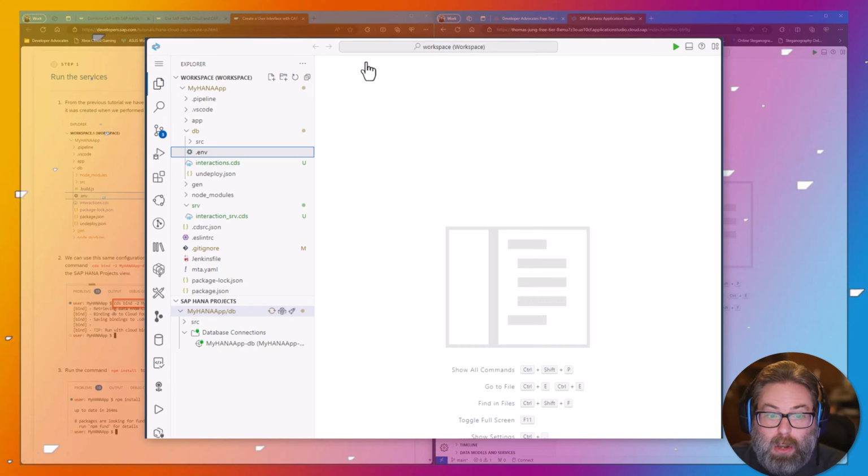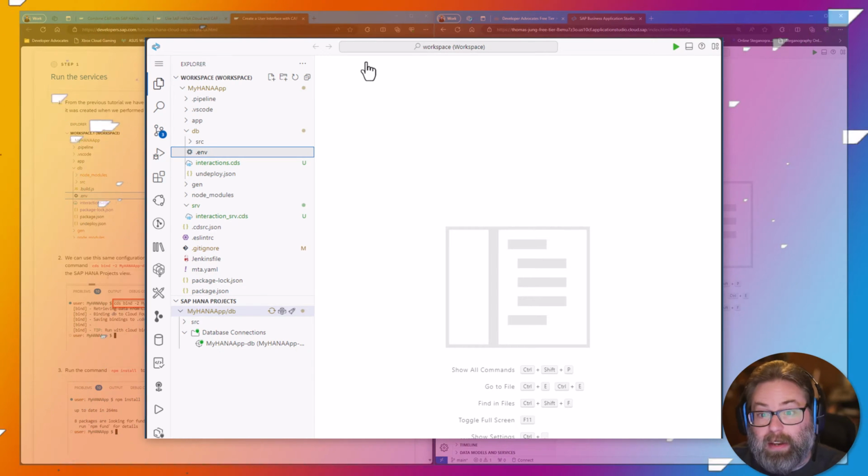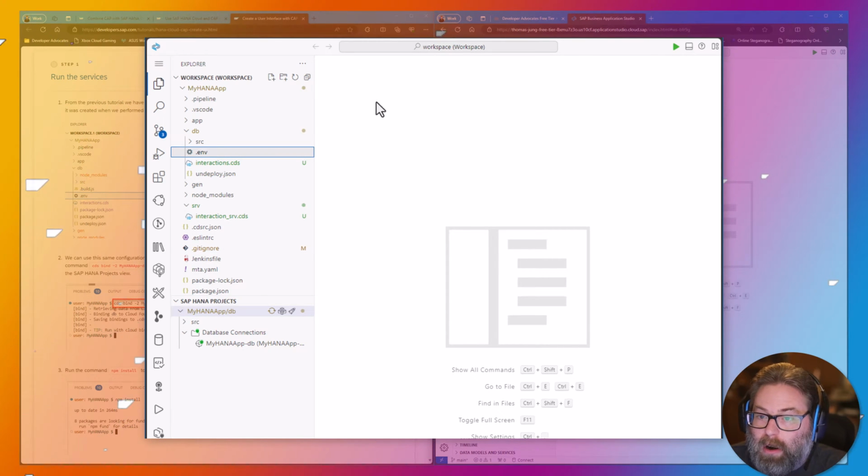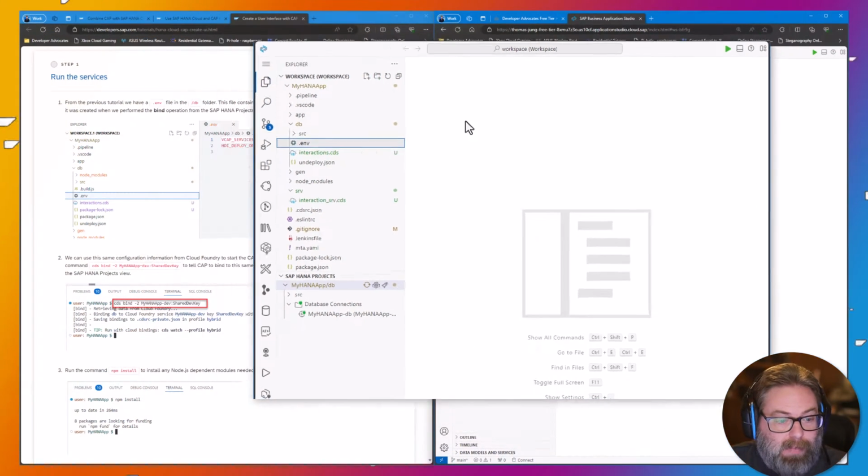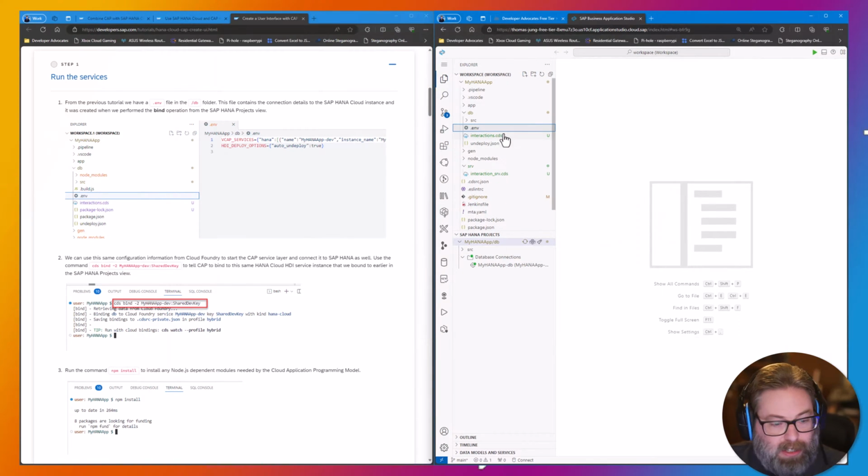This is a much more secure way of doing hybrid testing in your application because we aren't storing credentials or connection information locally. So let's set that up for our project. This is a one-time thing we have to do once in our project.